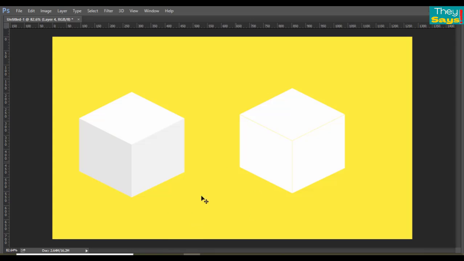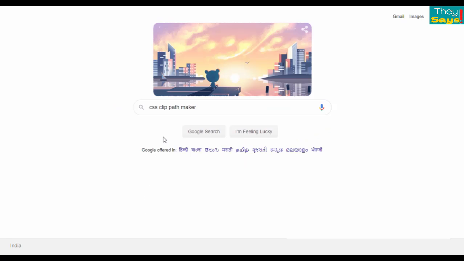Okay, come to the Google search engine and search CSS clip path maker.